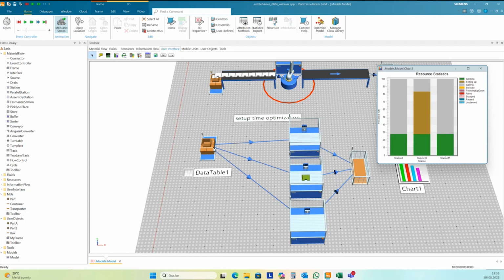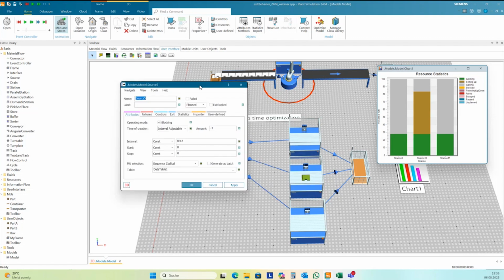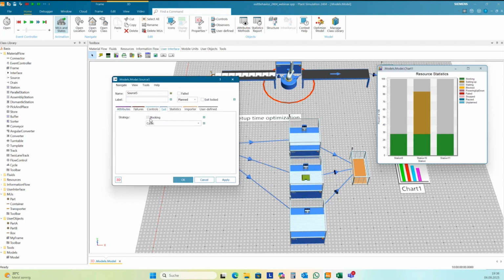And now I can look here. One way is here to distribute the parts to get a minimum setup time.